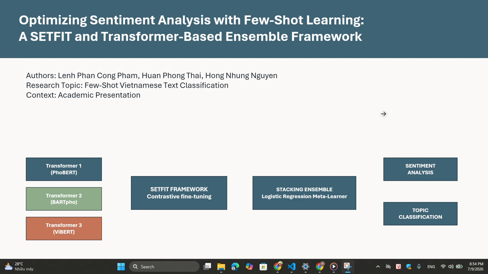Our goal is to improve classification performance when we only have a small number of labeled examples. In this work, we combine SetFit with a few-shot learning model and a stacking ensemble framework using three transformer models: PhoBERT, BARTpho, and ViBERT.